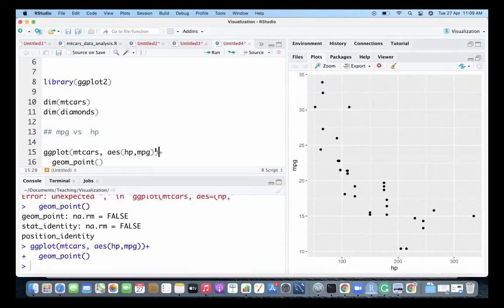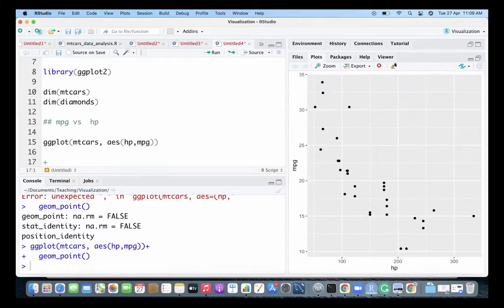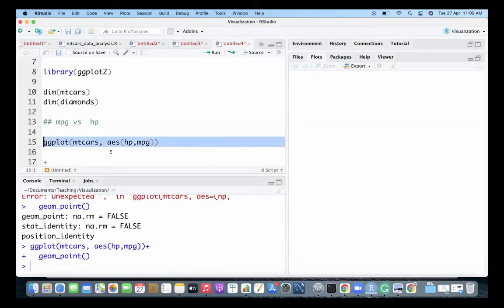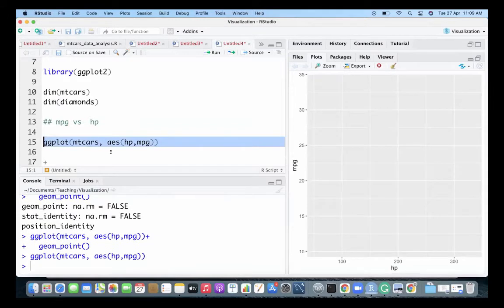So now one thing is, if you just write this part, let me just clear this up. So it will just give you the framework.